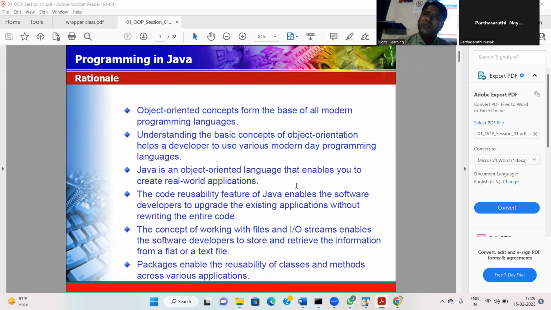In C and C++ programming, it only supports storing the information in a flat file or a text file. But by using the OOPS concept and Java, you can store the file in a text file and notepad, as well as in a relational database management system.